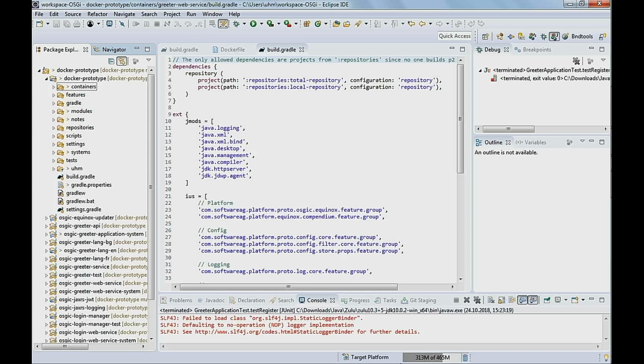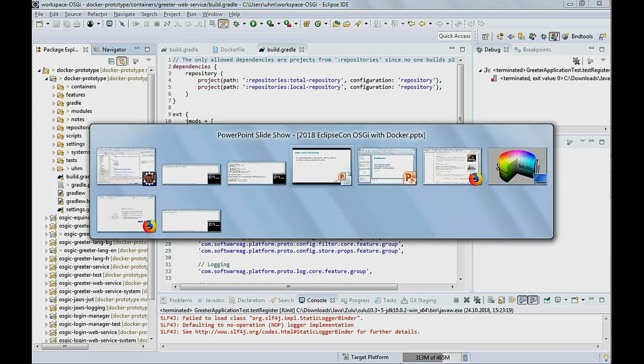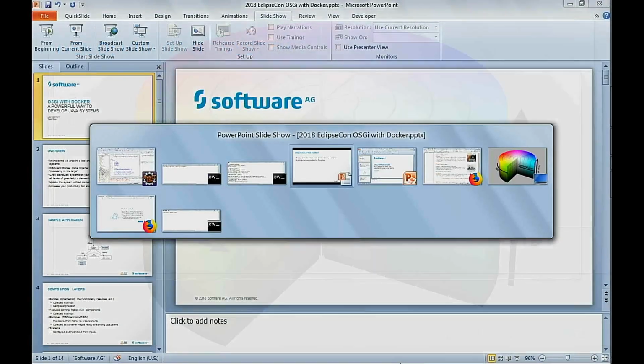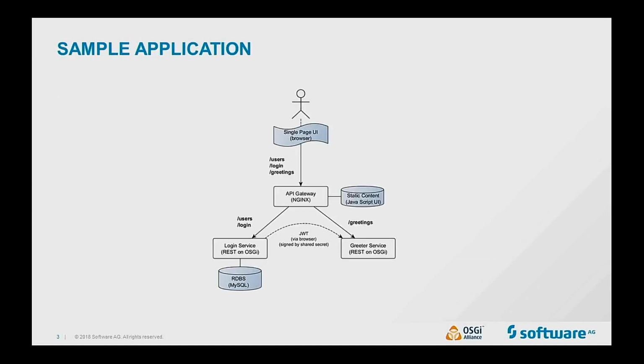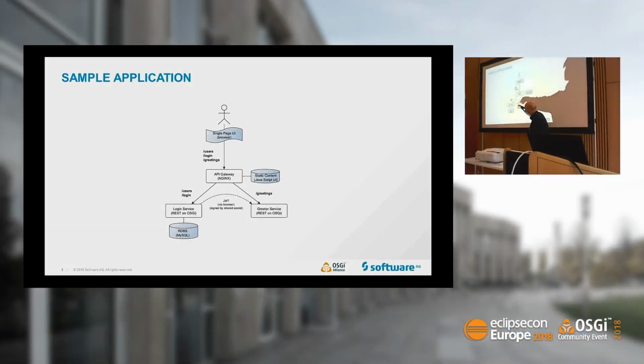If we look at the initial graphic, this container could represent the complete environment for running the greeter service. Perhaps it even makes sense to go back to this diagram. Here we would have one Docker image for this, one Docker image for the login service, one Docker image for the database that we just grabbed from Docker Hub, and one image containing our server plus this static content. So we would have 4 images in all that the build has created or just pulled from somewhere.